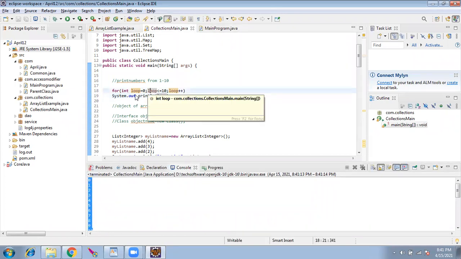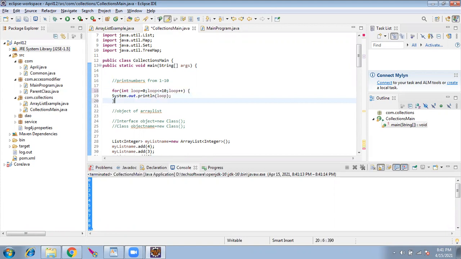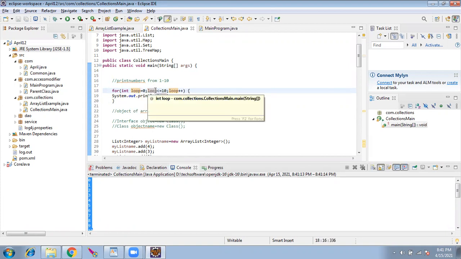Just see if you can understand this statement. This is an example for loop. The initial value is 0. Is the initial value less than 10? The first time it will be 0. 0 is less than 10, true.